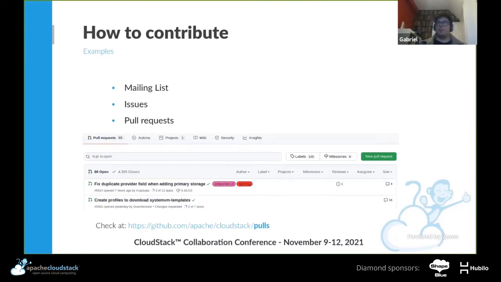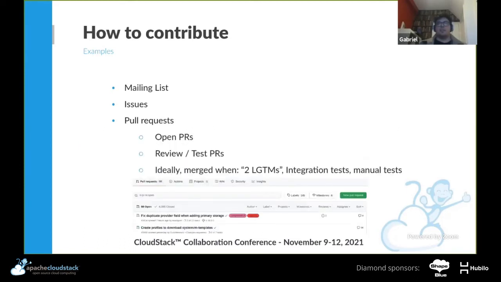Now to the pull request side. So let's say we open up the issue and then we open a pull request, linking the issue with the pull request. Opening a pull request is quite simple. I think the biggest challenge is, of course, developing and then the whole process until the pull request is merged. You can help a lot by opening pull requests, of course, but as a first step, I would recommend reviewing some pull requests and testing.